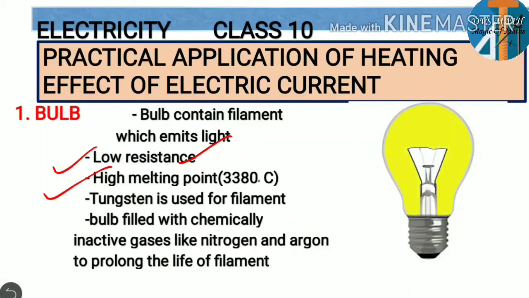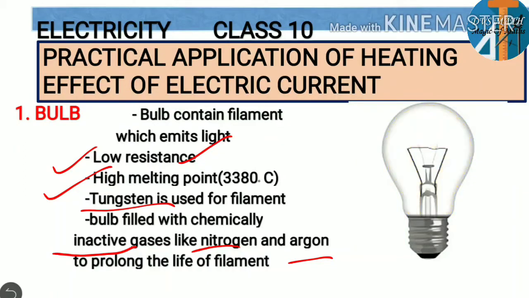Next, which is the material used in this? It is tungsten. Tungsten is used for the filament, filled with nitrogen and argon. Remember, which are the two gases filled in this? Inactive gases. You can remember these are inactive gases, nitrogen and argon. Why are they filled with these two gases? To prolong the life of the filament. Remember, for example, some bulbs will burst out in 1 week, or some bulbs last lifelong, or it may be 3 months or 1 year, like this, right? So prolong means to extend their lifetime.